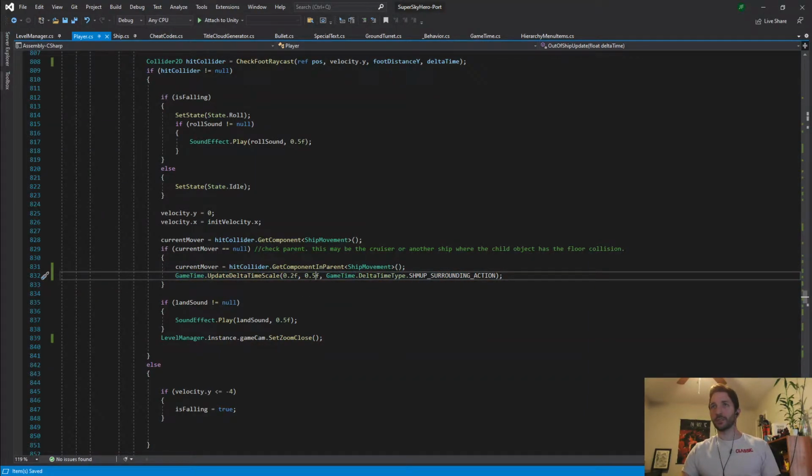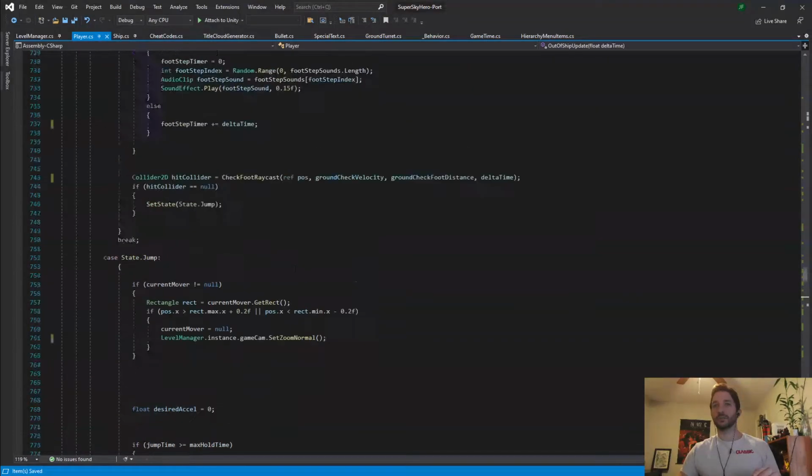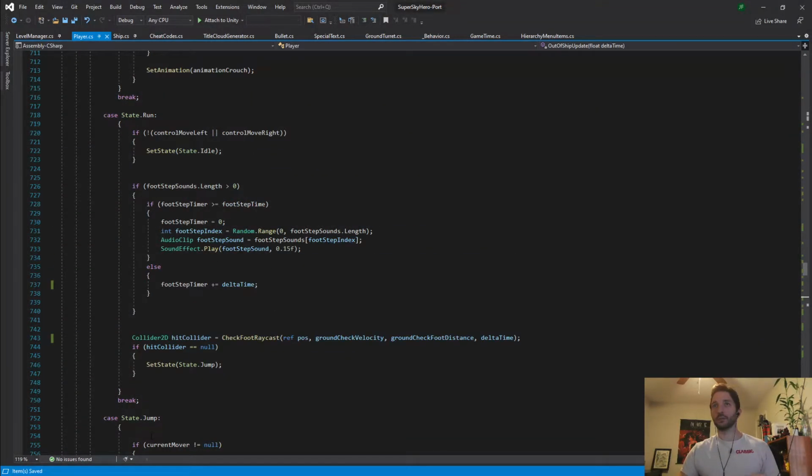Okay, and it's going to take half of a second to slow down. I can probably do it immediate, or maybe just a little faster. And then do the same opposite thing when I get off. So that's when I'm running here. Set state jump. Shouldn't current